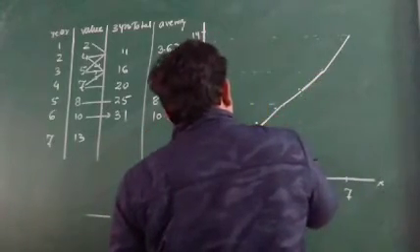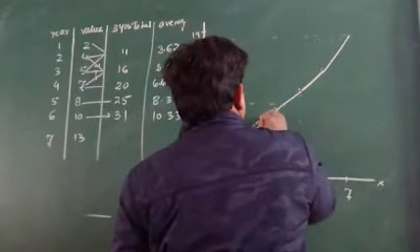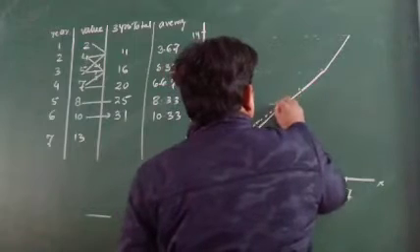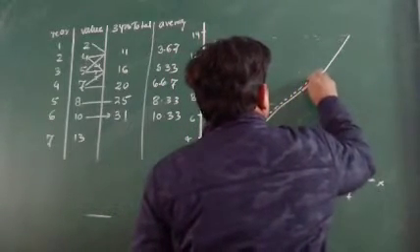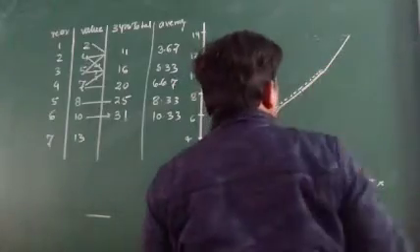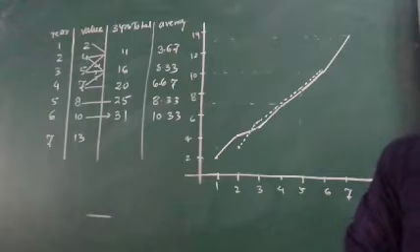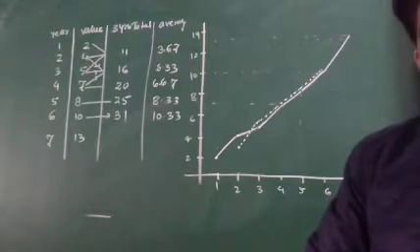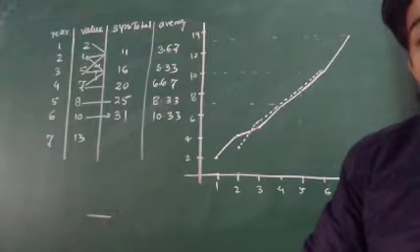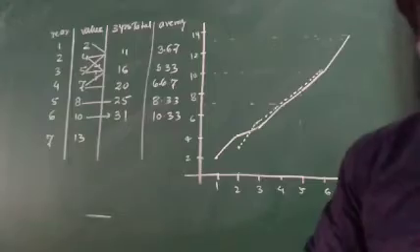And I join by dotted line. That average one will be joined by the dotted line. We can draw the graph and it shows the moving average graph for 3 years. The complete line is showing the real one, and this one is, I can say, the average.